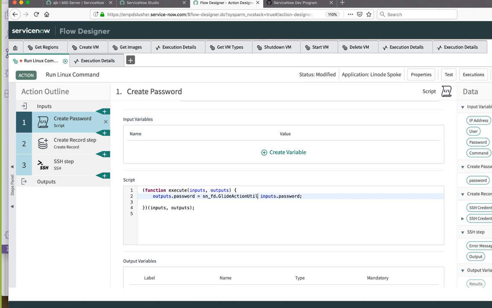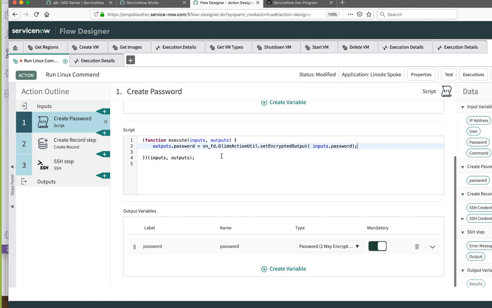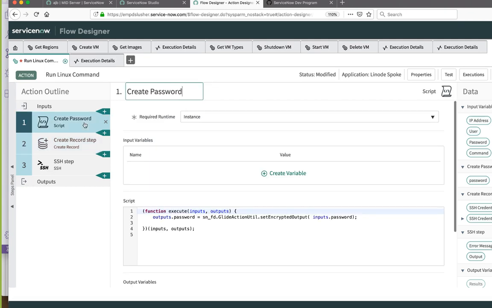Glide action util dot set encrypted output with the camel case. Set encrypted output. And then parentheses and put in your inputs.password with a semicolon. That appears to be the syntax that it's saying. It put the outputs in a sort of weird output. It didn't use output dot.